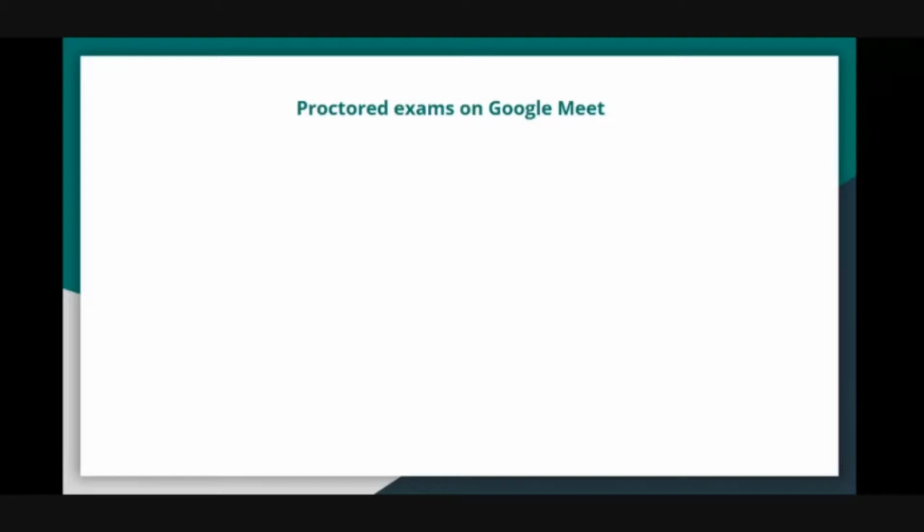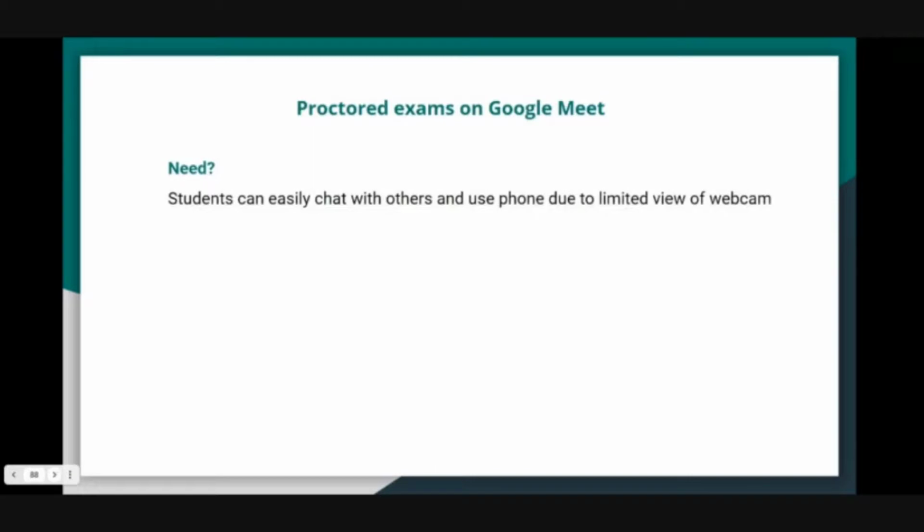So there again, the same kind of thing happens, is that even if you keep it proctored, in the sense you ask the student to keep the webcam on, you cannot see the entire workspace, right? The phone can be kept anywhere on their workspace. The webcam cannot cover that entire space. They can easily chat with each other. They can easily search for answers online. It is extremely easy for students to do this, right?